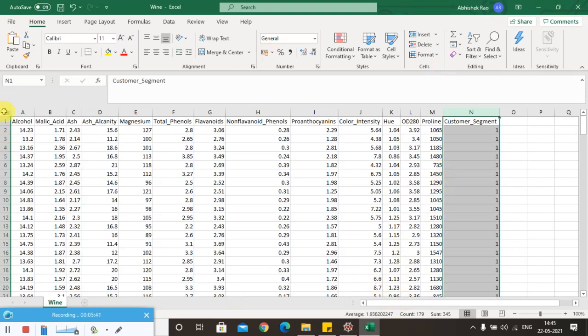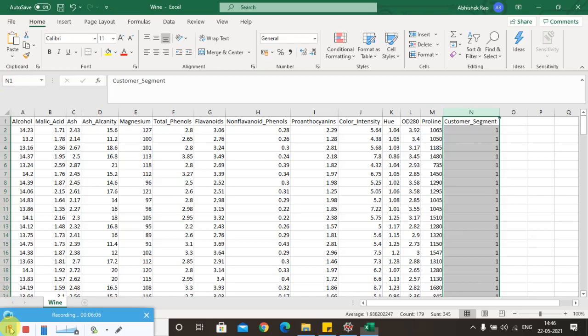Okay, so altogether how many features we have? If we count it, 1 2 3 4 5 6 7 8 9 10 11 12 13 14 features we have. So we are just trying to reduce these 14 features into fewer features. For example, I can take 2, 3 or 4. Okay, so after that we are going to design the model and try to predict the values. Okay, let's see how to implement this using Python.